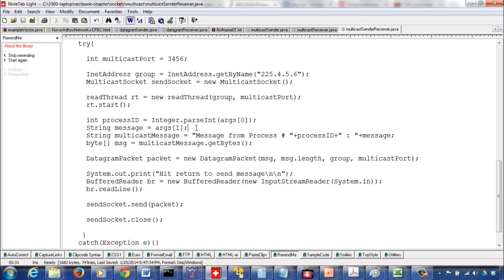So the process ID and the message. Then I'm extracting the bytes from that multicast message string, and I'm converting it to my datagram packet object by passing the message, the message length, and the IP address of the multicast group and the multicast port number. So I have basically readied my packet, so it is ready to be sent, but I'm not sure whether I